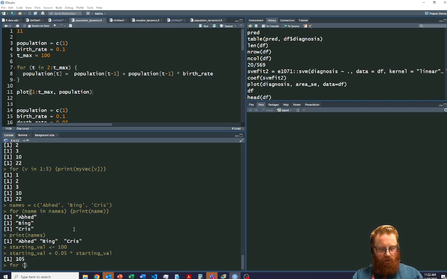for t in 1 to 10. All right, so t is going to take on the value 1, 2, 3, 4, 5. We're not even going to use t. We're just going to go starting val is equal to the starting val plus 0.05 times starting val. All right, so this is the kind of stuff where mathematicians and computer scientists all of a sudden